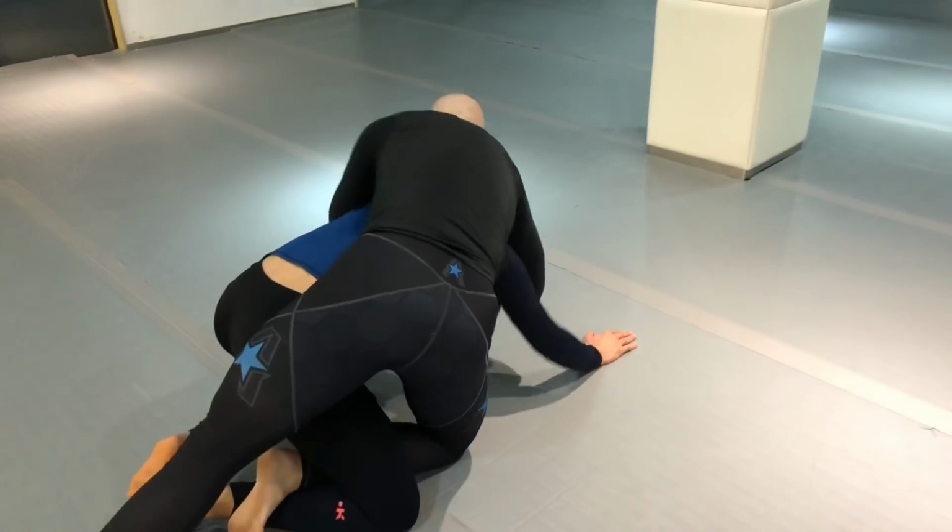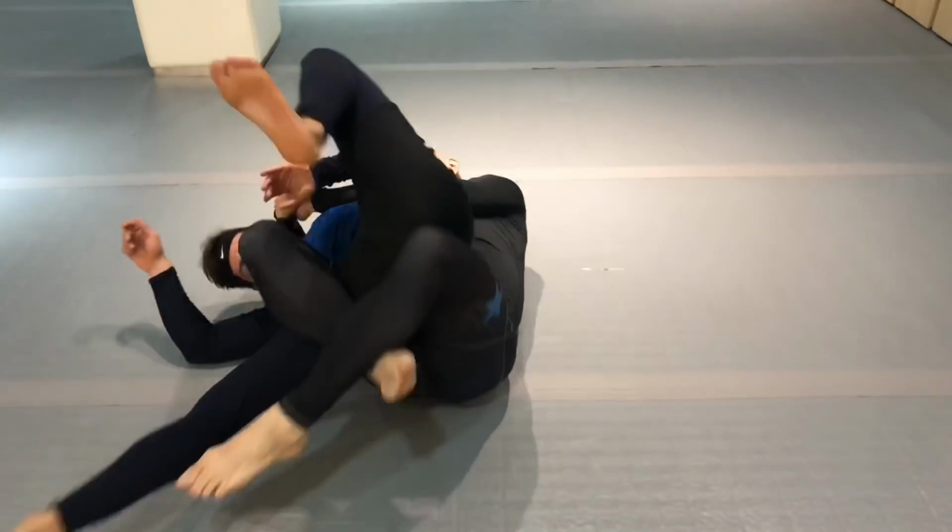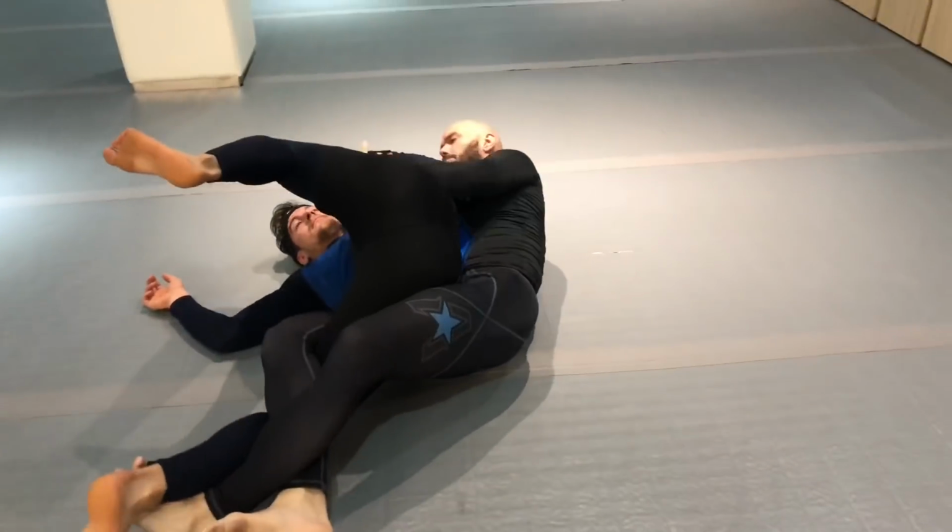So I duck under, I do the same movements as before. Notice I have one hook in, wrapped in there. That turns into a grapevine. I lock up my grapevine,